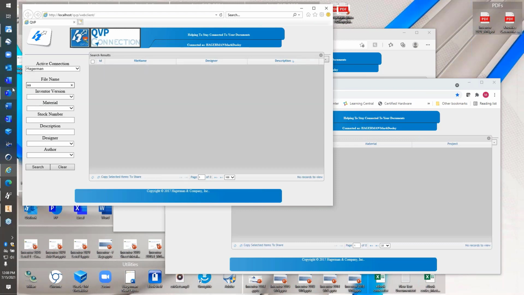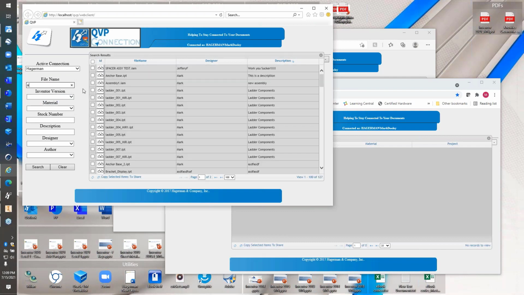If I type in an AA, it'll come out. If I have an AA in there, it's going to find an AA. If I look for anything that just has an A in there. So we do have wildcards, and when working with QVP, the wildcard is the % symbol. So if I was looking for a gear bearing, I could type in %gear, %BEAR, %, and it would go out and find that for me. So different options there for searching. In this case here, I'm just searching for an A, so it's pulling up everything that has an A in there. So if I did the AN